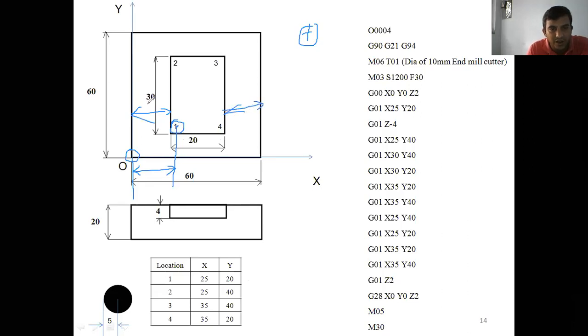Are you following this or not? This is 20, this is 20, right? Now the first coordinate from the horizon is 20 plus the radius of the cutter. What is the radius of the cutter? It is 5 mm. 20 plus 5, 25 mm is the x value. Similarly, for the y value, the total length is 60. 60 minus 30 is 30. 30 divided by 2, on both sides. How much is it here? Again 15. On the other side also it is 15.